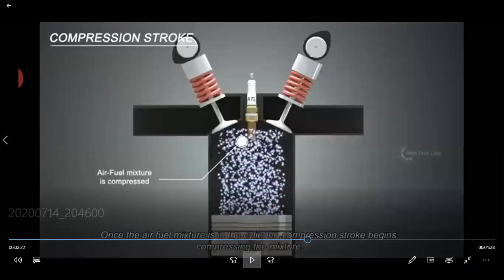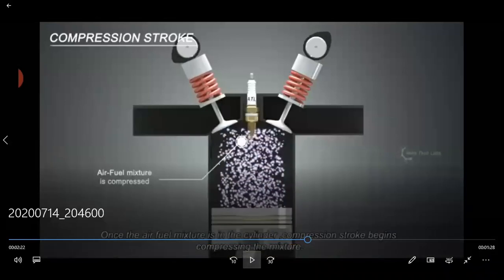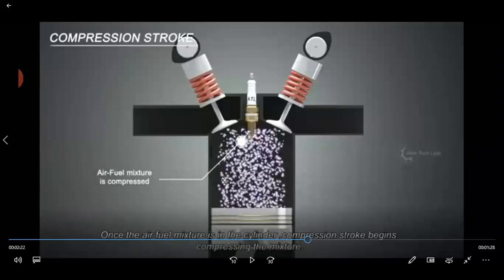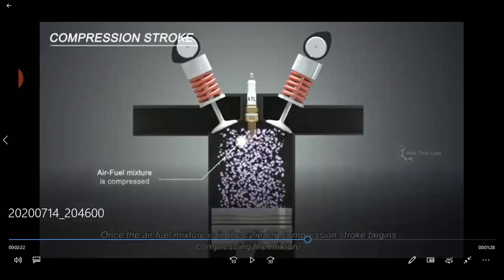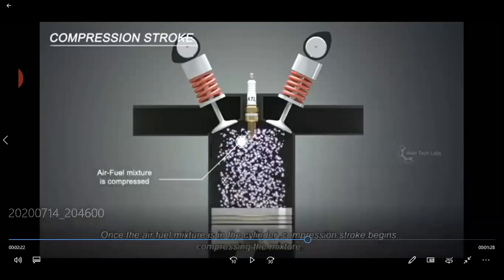Now the compression stroke begins. When the compression stroke is beginning, what is happening? Both the inlet and exhaust valves are closed here, students. So then only the compression can take place. Otherwise, if I try to compress something in a closed structure, and if there is an outlet or a small hole from where the gas can go outside, then I cannot compress something. If I want to compress something, I want a closed structure. So therefore both the inlet and exhaust valves are closed here, at the compression stroke only.